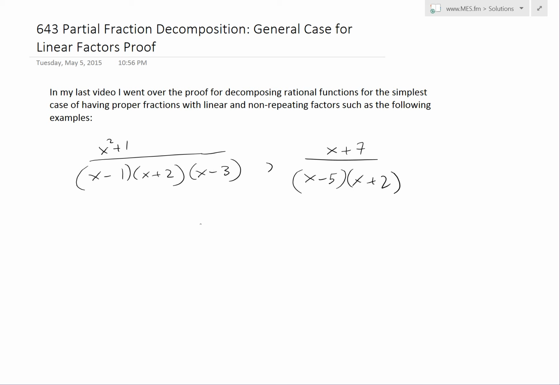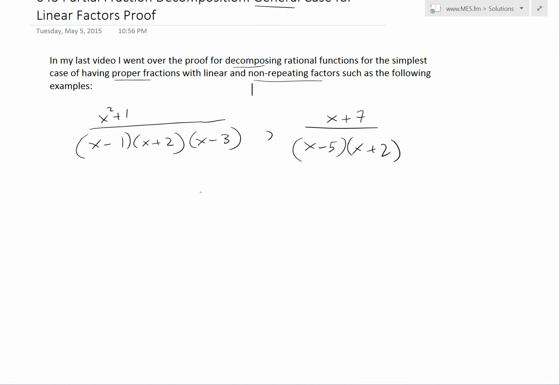Turn to discuss further into partial fraction decomposition, and now look at the general case for linear factors, a proof. In my last video, I went over the simplest case, and basically the proof for decomposing rational functions for the simplest case of having proper fractions with linear and non-repeating factors, such as the following example. So I went over a proof that would solve these kinds of examples,